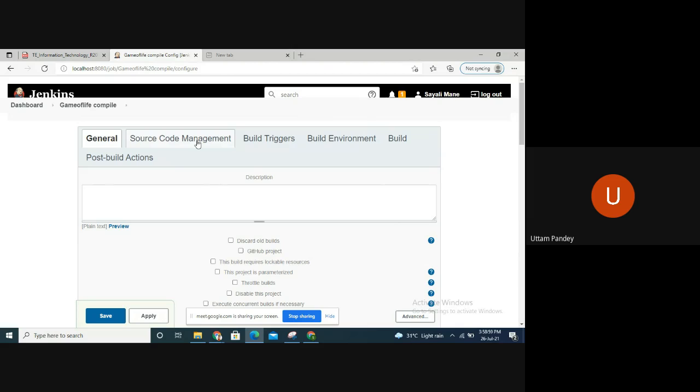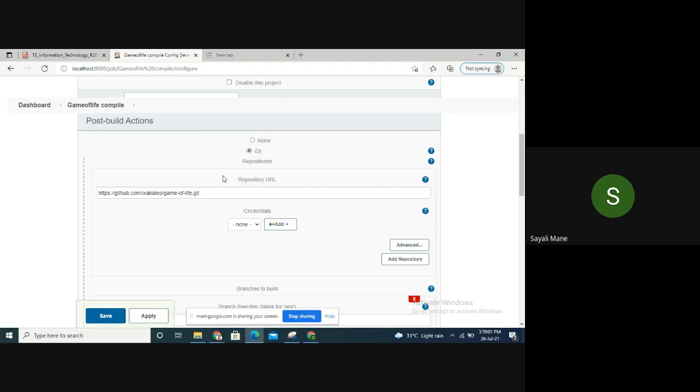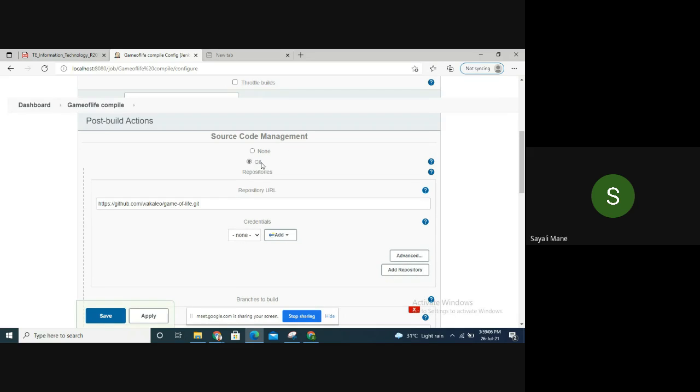Yes, ma'am. Click on the source code management. In source code management, click on Git and then copy paste that link. Done.